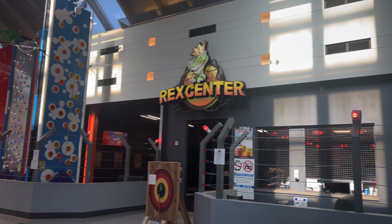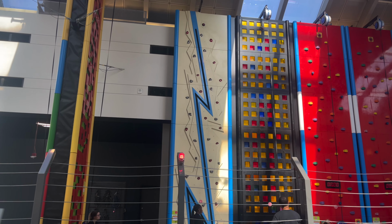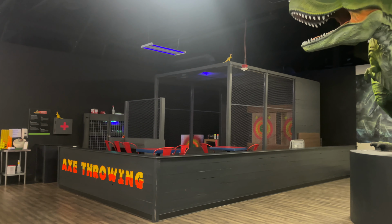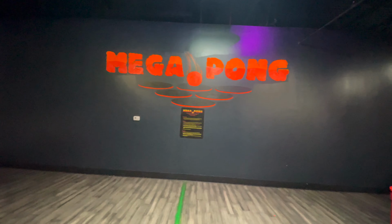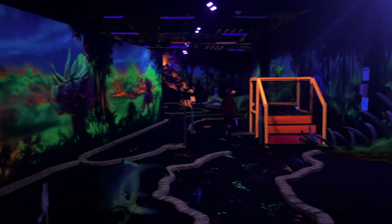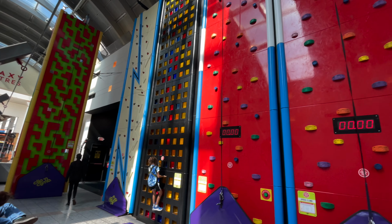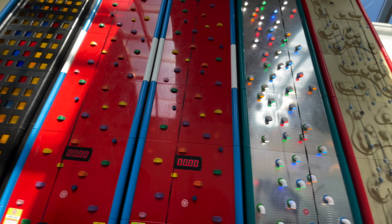This next spot is definitely for my indecisive people out there, and don't worry, I'm right there with you guys. This is called the Rex Center. It's located in the Boulevard Mall, and they have anything and everything you could possibly think of. They have axe throwing, beer pong, mini golf, go-karts, rock climbing, laser tag. This spot is definitely the spot to be, especially if you are with a big group who can't really decide on what to do, because this spot has a little bit of everything,